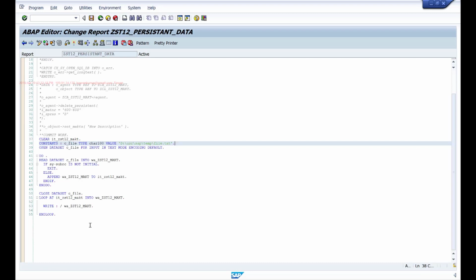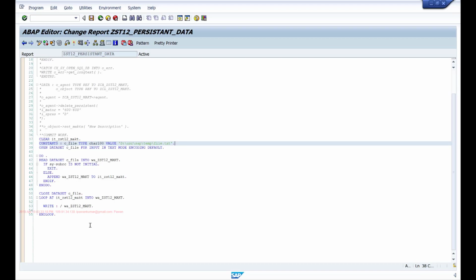In outbound interface, you generally extract the data from your database table and save it in one file in the application server directory so that it can be further processed by any external programs. Similarly, if the external program is putting the data as a file in the application server, then you have to write one program to read that file and update it in the database, because generally the external programs cannot access your database tables directly. They just send you a file, and that file can be processed using your ABAP programs. In that case, we use these inbound and outbound interface programs.